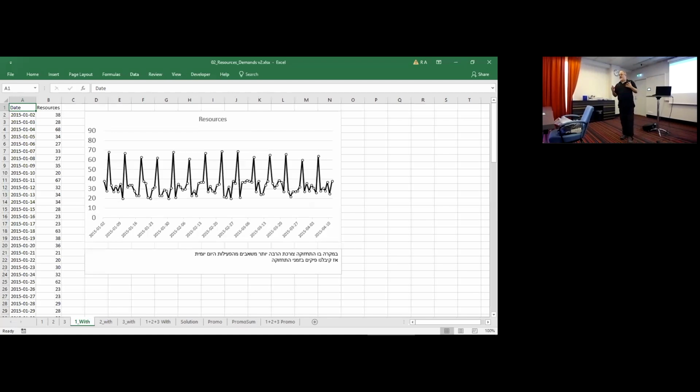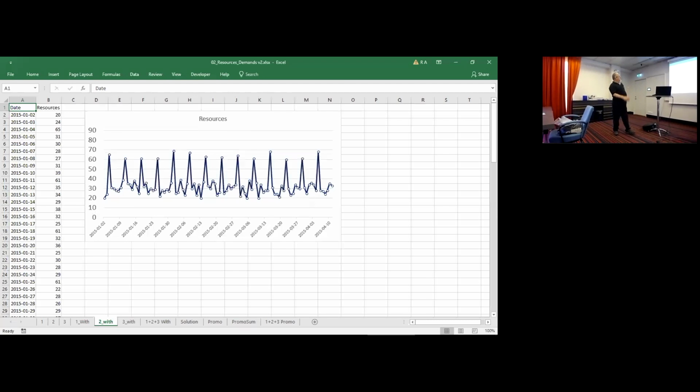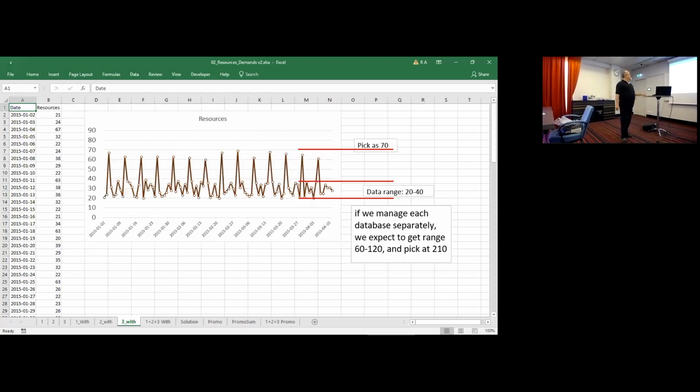We have a heavy maintenance because we are working a lot with MongoDB and SQL Server, and we need to move data from the MongoDB after ETL to the SQL Server and back. So this is the best optimization that basically any DBA will want to do. And we see the same with the second database. We have a peak at the weekend because of the maintenance, and the same with the third database.